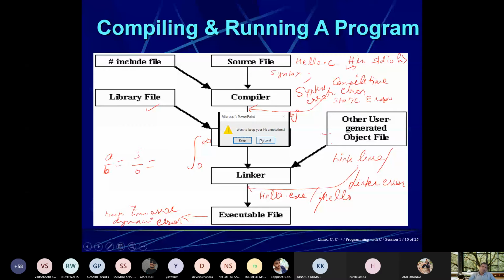Is there any problem related with this? You have written this diagram in your system? Some keywords you need to write now. So please write this diagram, and I will ask what are the different errors and different types of error occur at particular phase.